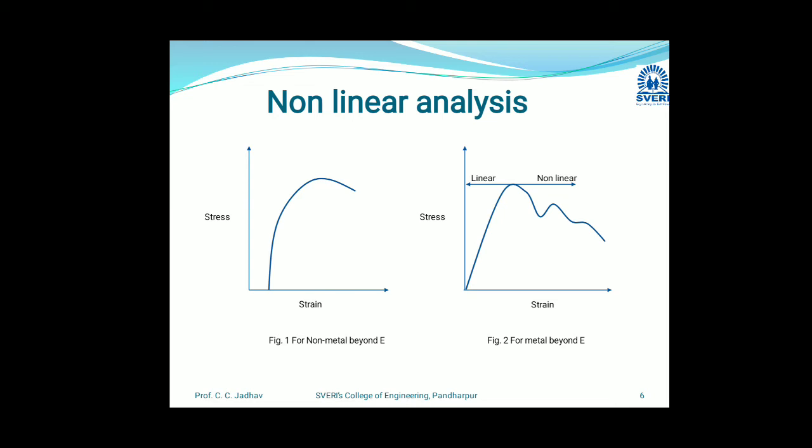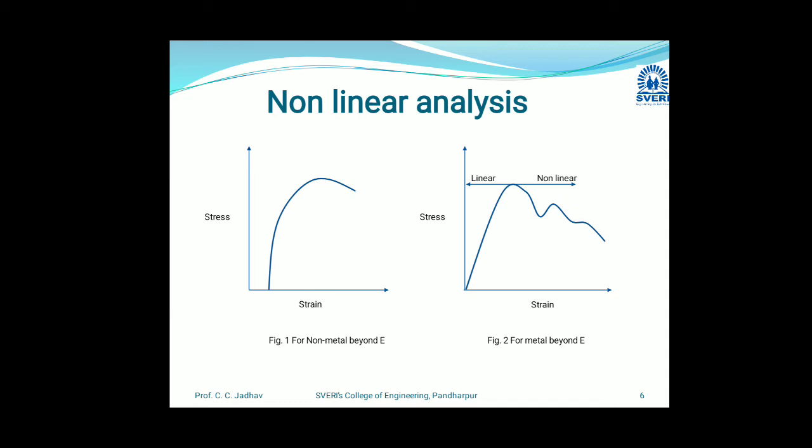In that you can see figure 1 is for the non-metal and figure 2 for metal beyond the elastic zone. Okay, so now we can observe this is also a stress strain curve. So in that, the first, that is a metallic non-linearity application, that is the second figure. In the automobile, aerospace and ship industry, to know the exact value of the stress strain cross the yield point for low cycle fatigue analysis, this data is considered.